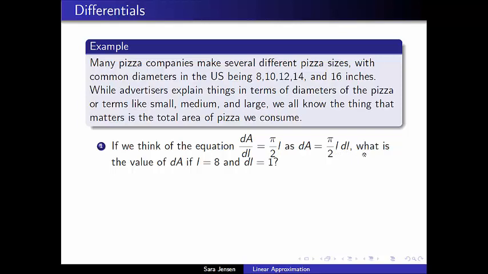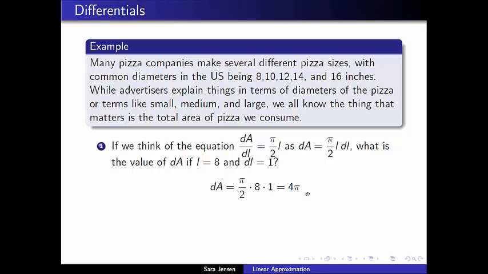In particular, if we want to think about what happens when we have a pizza that's 8 inches in diameter, and we want to make a change of 1 inch to the diameter of the pizza, going from an 8-inch pizza to a 9-inch pizza, we want to know how that kind of change would affect the area. Here, we just plug everything in. By this relationship, the change to the area should be pi over 2 times 8 times 1,